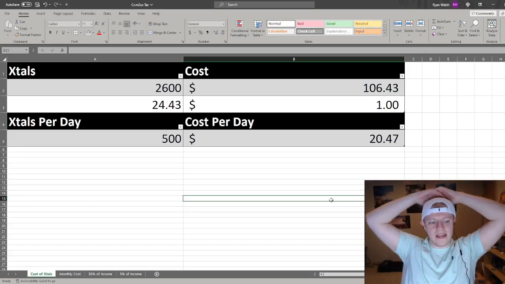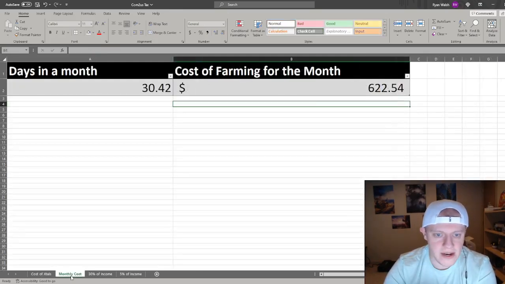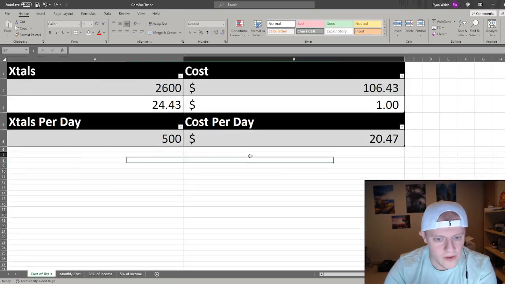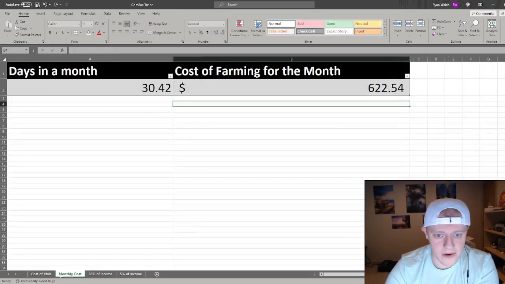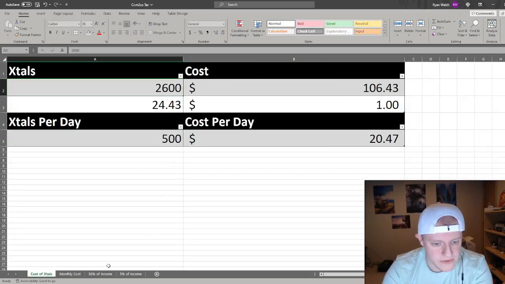I wanted to make this video more just like the straight numbers of it, not so much my opinion on what they can do and can't do to fix it and all that stuff, because I really don't know. They've really kind of fucked themselves over. I just wanted to give the straight numbers using averages like 500 crystals a day and the average cost of crystals, right? If you buy, by the way, if you buy $30 packs instead of $106 packs,